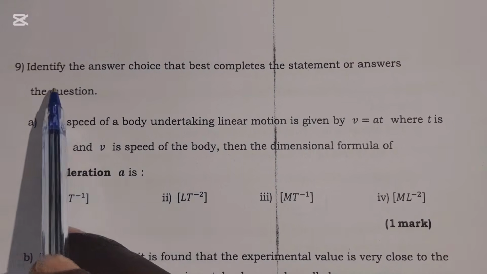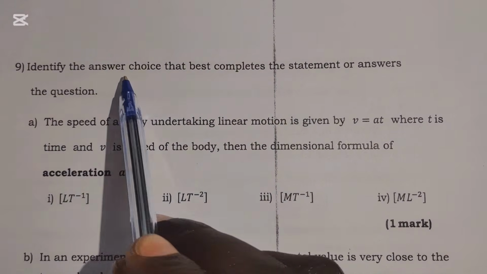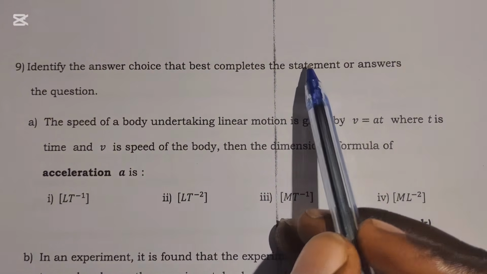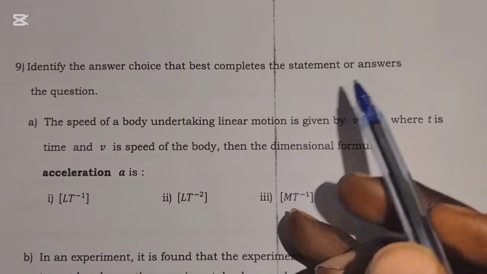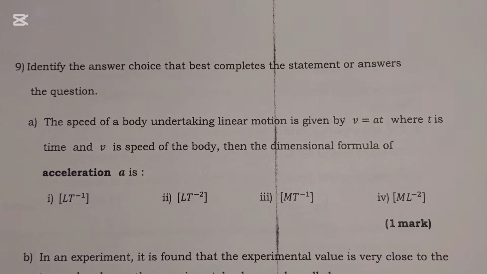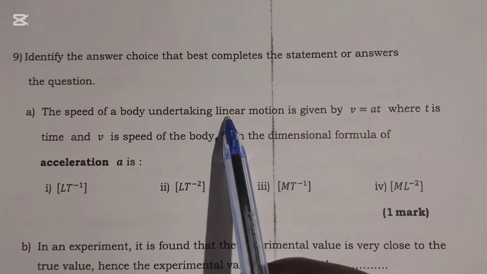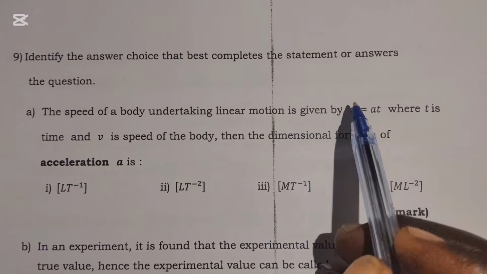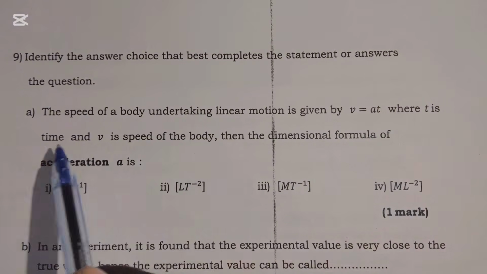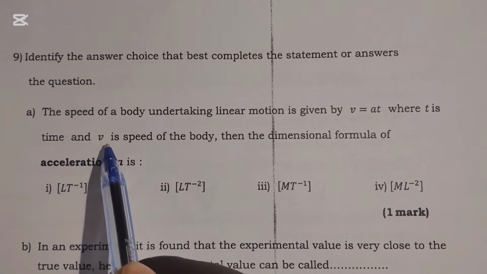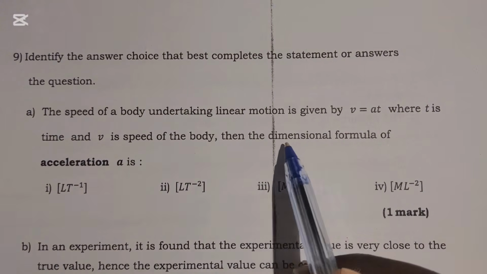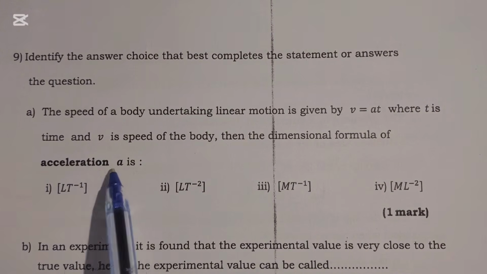Question 9. Identify the answer choice that best completes the statement or answers the question. A. The speed of a body undertaking linear motion is given by v equals a t, where t is time and v is the speed of the body. The dimensional formula of acceleration is,